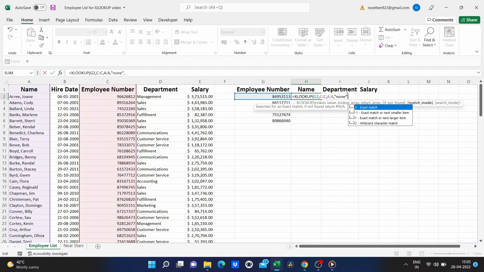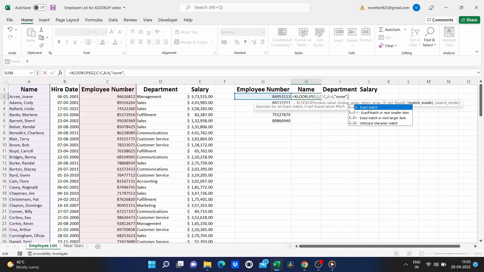In my case, yes, because with employee numbers close doesn't mean that much. It's pretty much got to be exact. And notice that is the default, so if you just skip this step, it will default to exact match, which is great, and that's a little bit of a change from VLOOKUP.